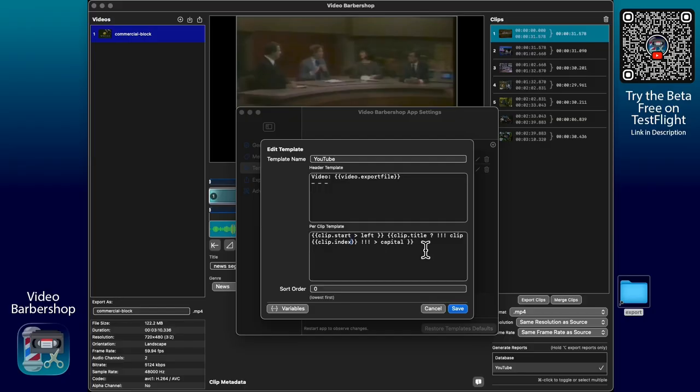Clip title. So this is where I'm using this fallback option, and then I've got it, clip in here, and there's the exclamation points, and then clip index. So as you can see, I'm actually embedding another expression within this expression itself, wrapping it with raw text. Now I'm also then piping that into the capital, which is the function that capitalizes each word. So even my fallback is getting updated, and as you can see from